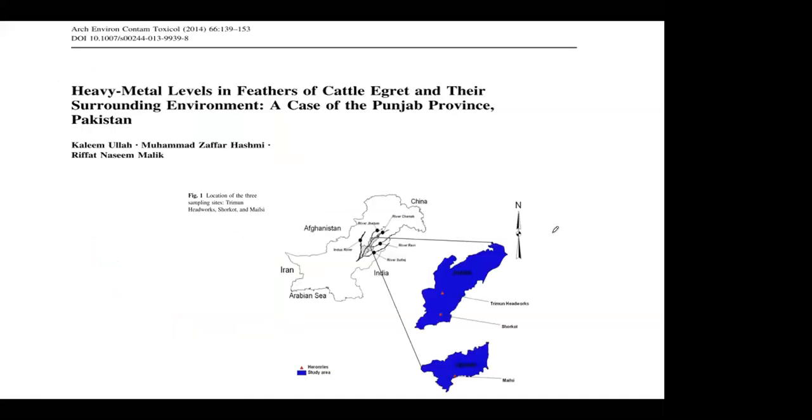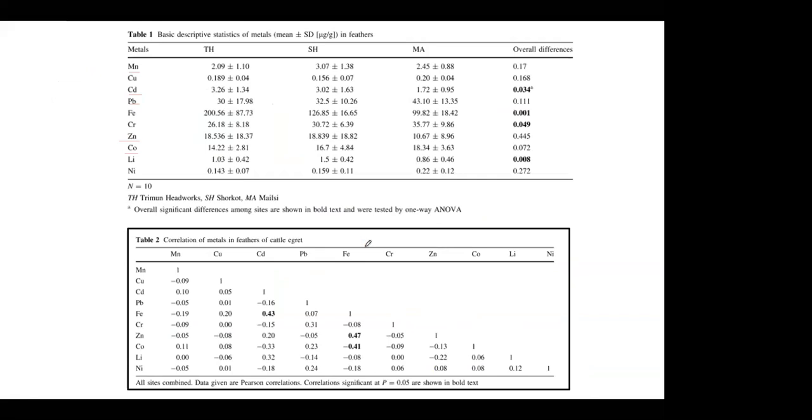Then from the same sites, we used the feeders. Feeders as a biomonitoring agent of cattle egrets and the little egrets for heavy metal contaminations. These sites are located in the Punjab province of Pakistan. This province, as I have already informed you, is highly urbanized with a lot of agriculture activities and industrial activities. So the results suggest that